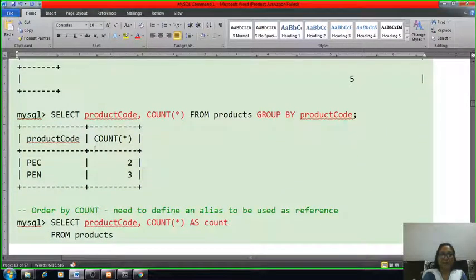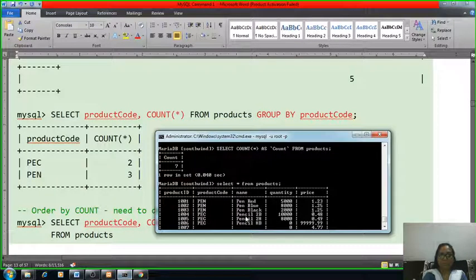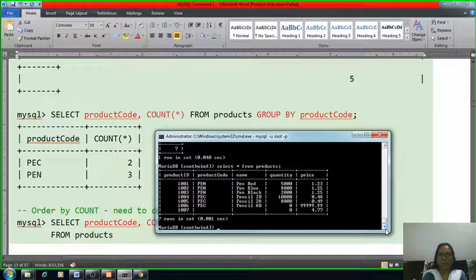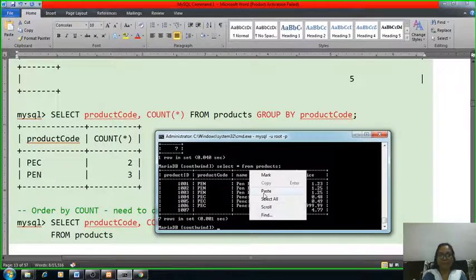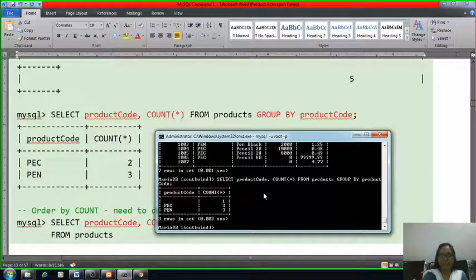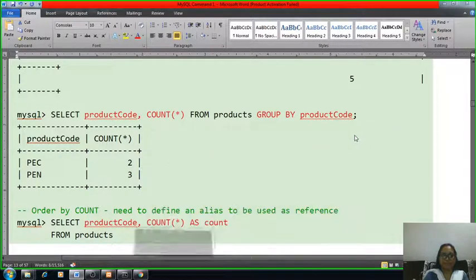Again we can count, and we will group all the records by the group by command. The total number of records is 7, and how many groups are there? Total groups are 3. Okay, PEC is 1, PEN is 1, and one product code doesn't have any name. So total groups are 3. This is how it works.